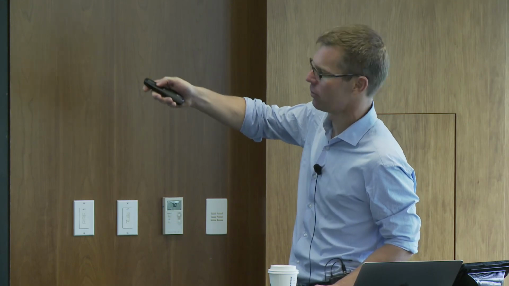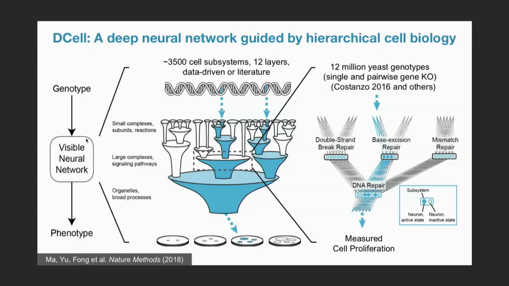And we'd like to teach a machine learning system, a supervised system now, to take each of those single, pair, and triplet gene deletions as input and output a growth rate. That's the training. But now, importantly, we're not going to do this through a black box system. We're going to try to do this through a system whose structure is pinned down to the structure of cell biology that we've learned through the separate structural learning step. Okay? And so how does that look?